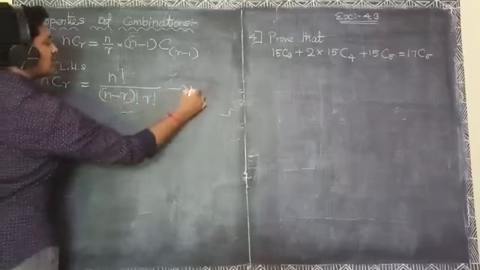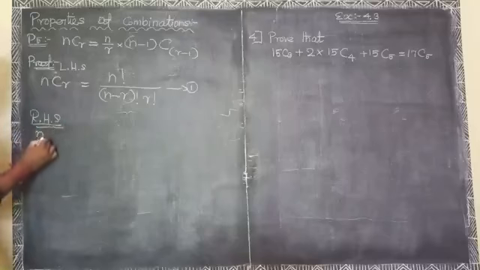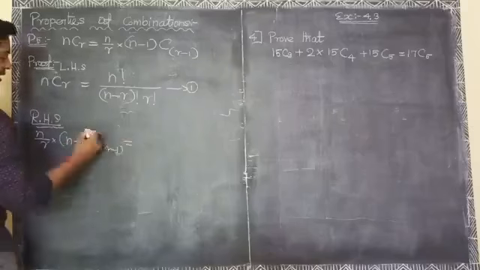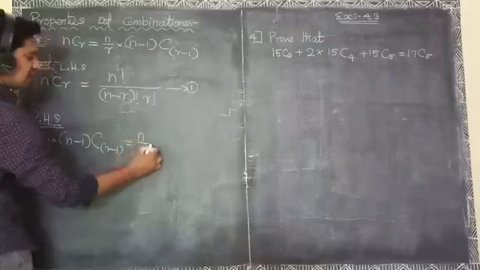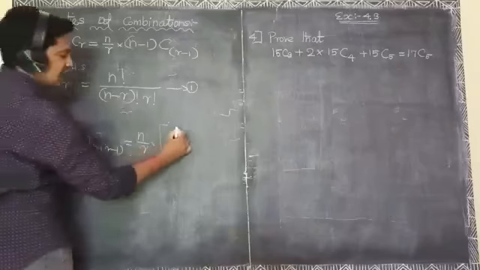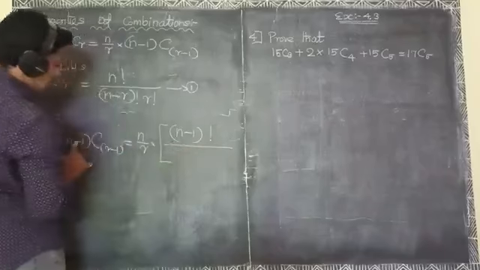This is equation number 1. Now we take the RHS, that is n by r into (n minus 1)C(r minus 1). Using the formula of nCr, that is (n minus 1) factorial divided by (n minus r)